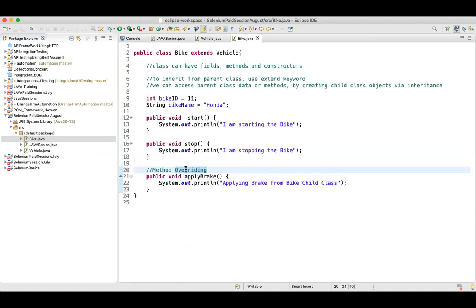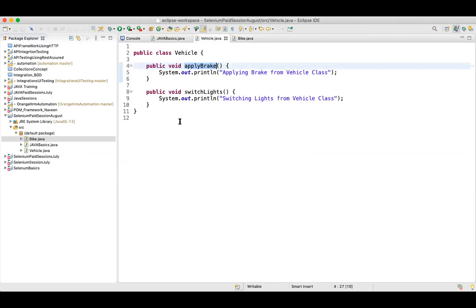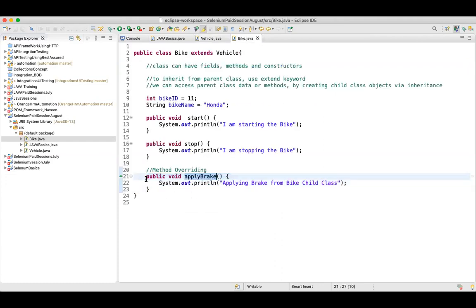So method overriding means you have an exactly same method, with the same signature and same method name, in your parent class, and if you implement or customize that particular method in your child class, then it is called method overriding. You can see this over here. It says overrides vehicle dot apply break. It means this method is overriding a method that is already there in the vehicle class, which is your parent class.